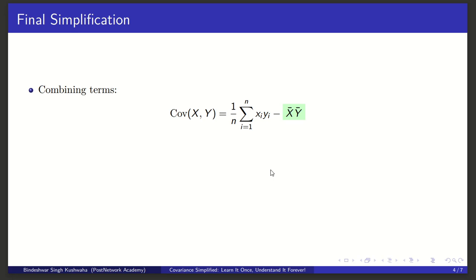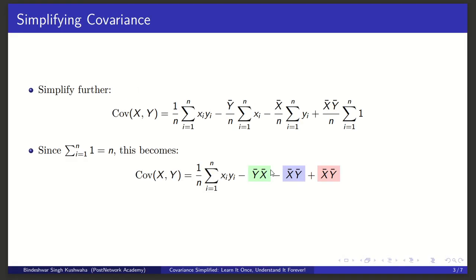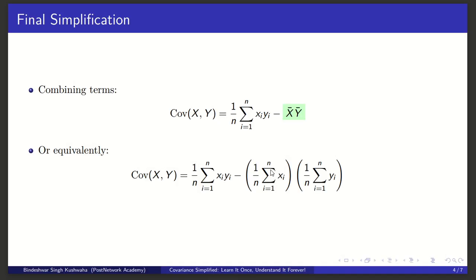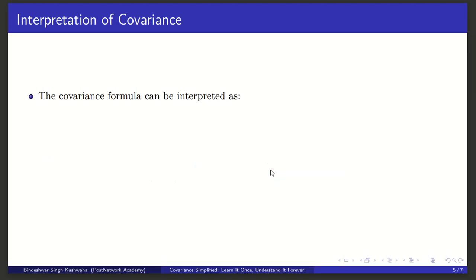Now if you combine the terms, you can see that x bar y bar will cancel out, so we are left with this expression: covariance of x, y equals 1 upon n summation from i equals 1 to n of xi yi minus 1 upon n summation from i equals 1 to n of xi times 1 upon n summation from i equals 1 to n of yi. So this is the simplified formula,